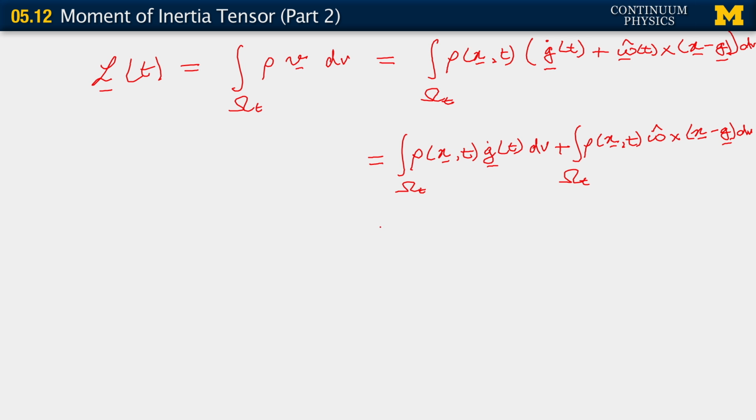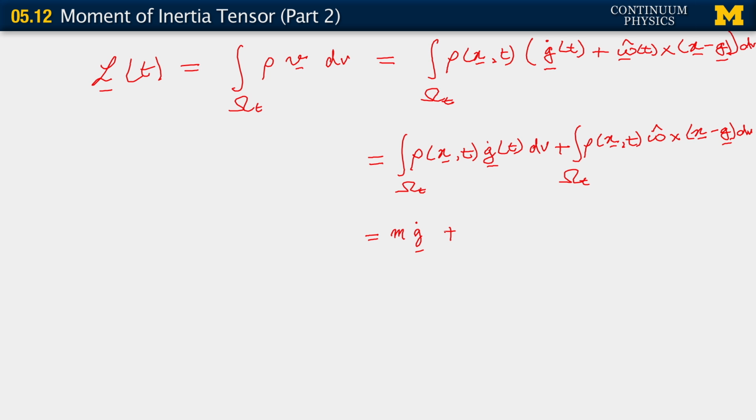Okay, so what we're seeing here is that this quantity can be written this way because g dot is a function of time alone, right? We see that this integral can be written as rho integrated over dv, which gives us the total mass. I think we have not yet used a symbol for mass, but let's just use little m because we're using d little m as the elemental mass. So here we have m g dot, plus